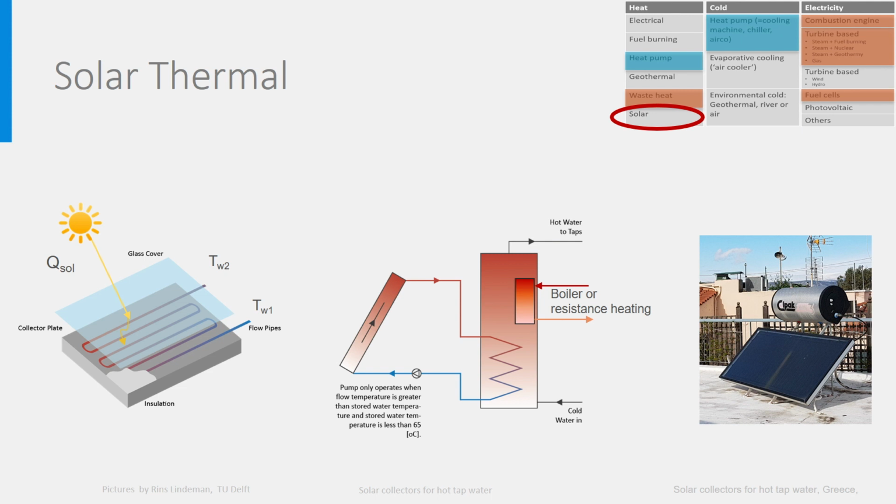In fact, the power may be so large that temperatures far above 100 degrees are achieved, by which steam is produced and drives a steam turbine. So, electricity can be made from solar heat. But there are many other relevant applications. The warm water from the solar collector can be used as heat source for heat pumps or to regenerate the ground temperature when a ground source heat pump is used or an ETS system are used. It can also be used as source for low temperature heating networks, so there are plenty of useful applications in development.